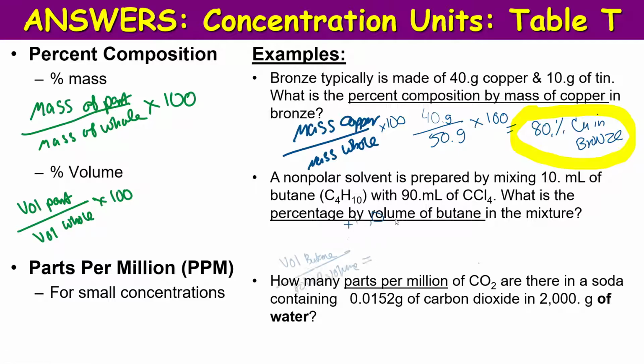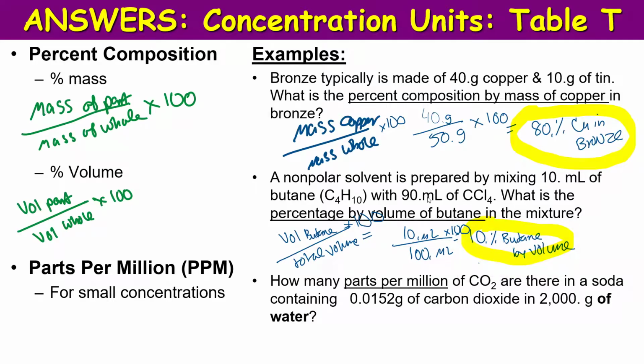So the part we're looking for is indeed butane. And the next thing we got to do is figure out the total volume. Well, we can see that the butane is 10 milliliters and it's getting combined with 90 milliliters of carbon tetrachloride. And so that gives us 100 milliliters of total solution. So part over whole times 100. If I take 10 over 100 and multiply it by the 100, that gives me approximately 10% butane by volume. Do not forget it is to two significant figures here, so make sure you have the dot here to render